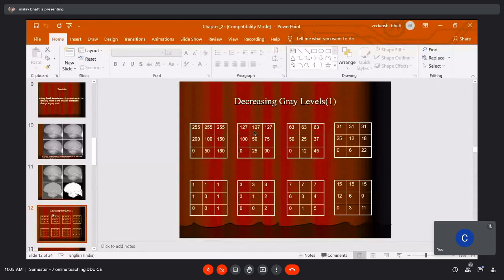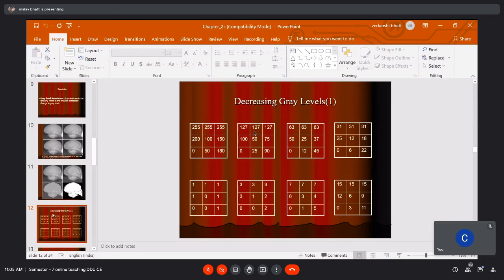So what I am doing here, I am dividing the image by 2. So 255 will be converted to 127. That's how you will get the first row. 200 will be converted to 100. 100 will be converted to 50. 150 will be converted to 75. 0 as it is. 50 will be converted to 25.